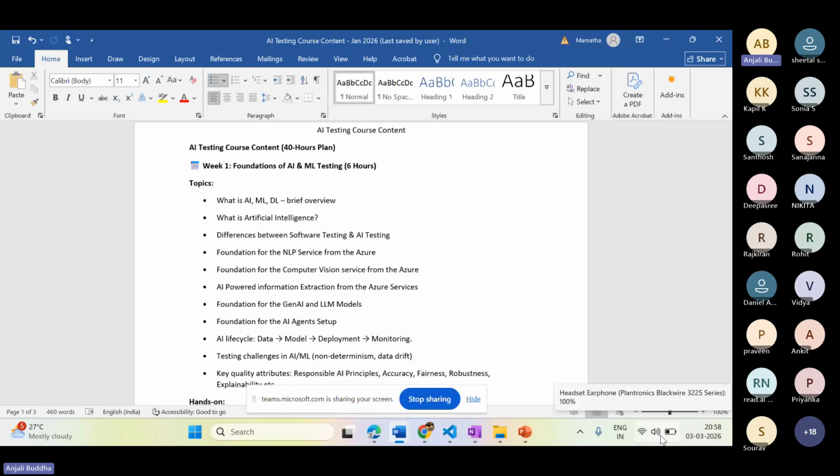This is only when you're working with the UI. But when it comes to automation, without Java, are you able to write automation scripts in Java Selenium? No, you need to know it. In the same way, if you have to automate the prompt prediction from that particular chatbot, you can do manual testing.